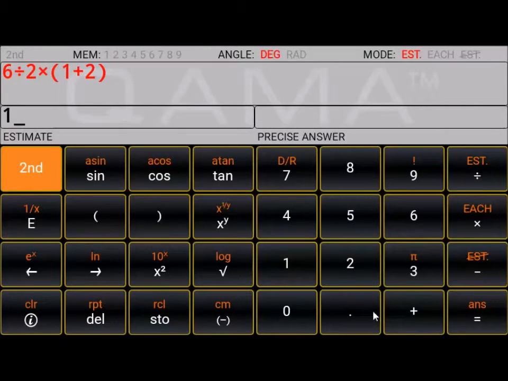Okay, and if we type in 1, it doesn't give us an answer. If we type in 9, it does give us an answer. Now why is this? Okay, well if we go back to the question again,